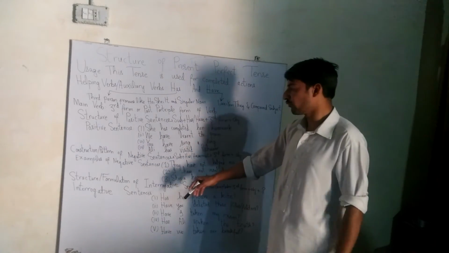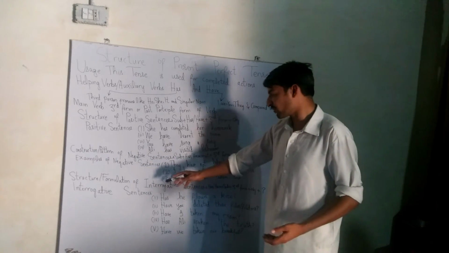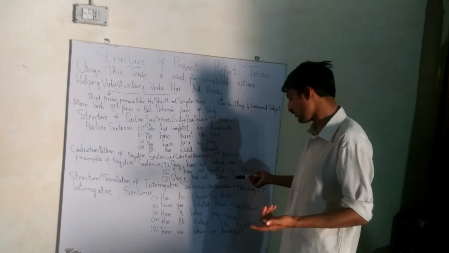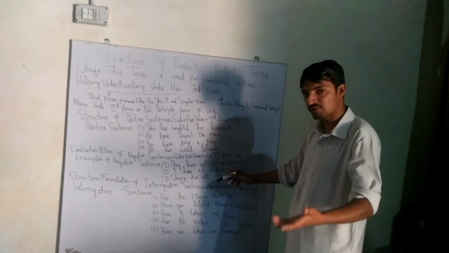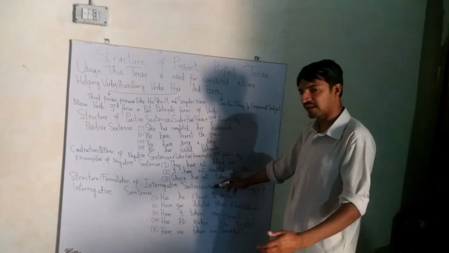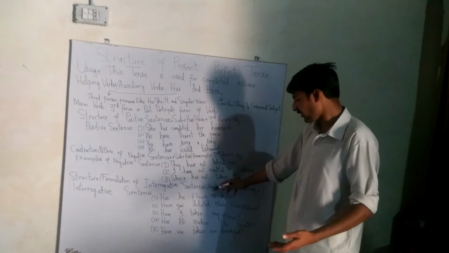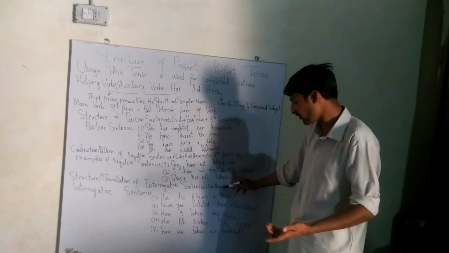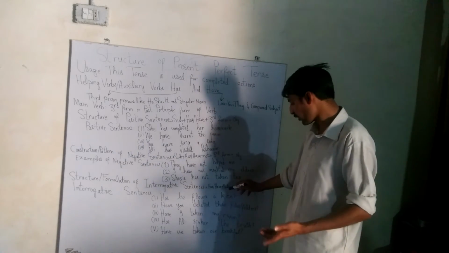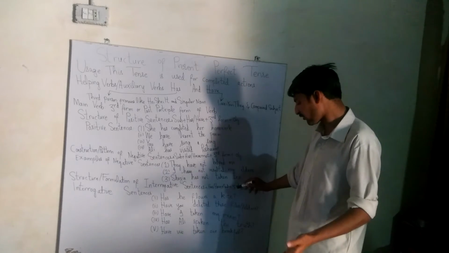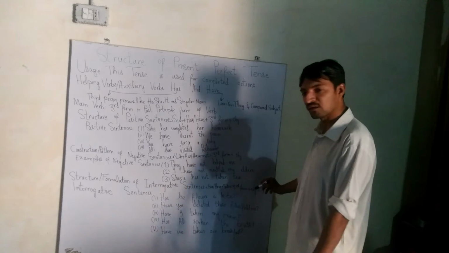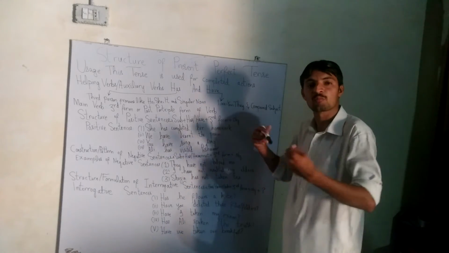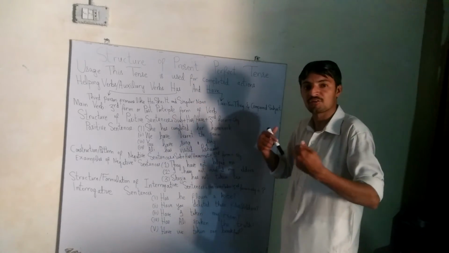Alright, we are turning towards the structure or formulation of interrogative sentences. For interrogative sentences we have a slightly different structure. We place has or have at the beginning of a sentence. Then we add the subject. After that subject we use the third form of verb or past participle form of verb. And then we have the object, and at the last we always put a question mark or sign of interrogation or